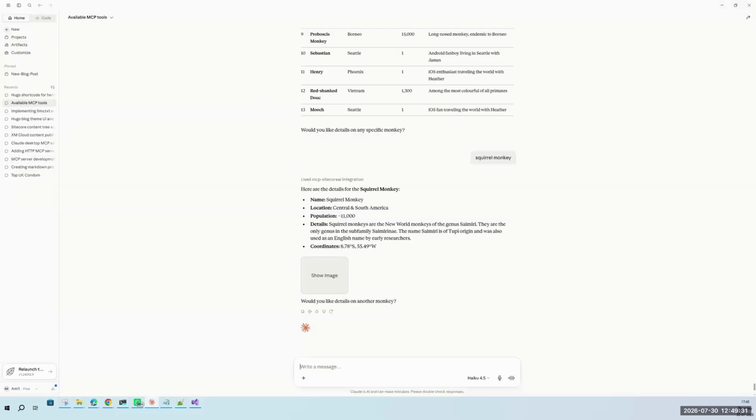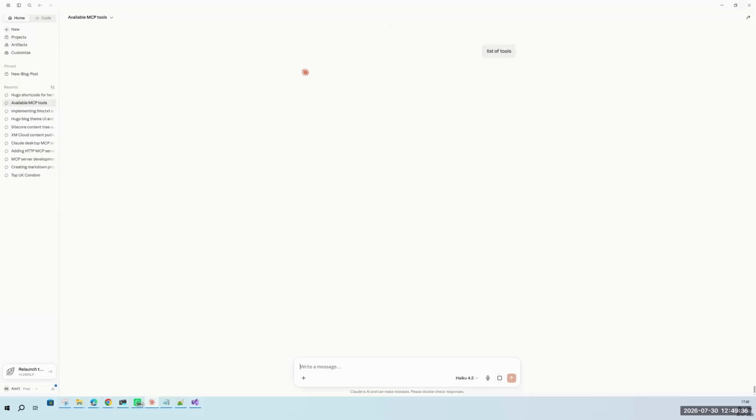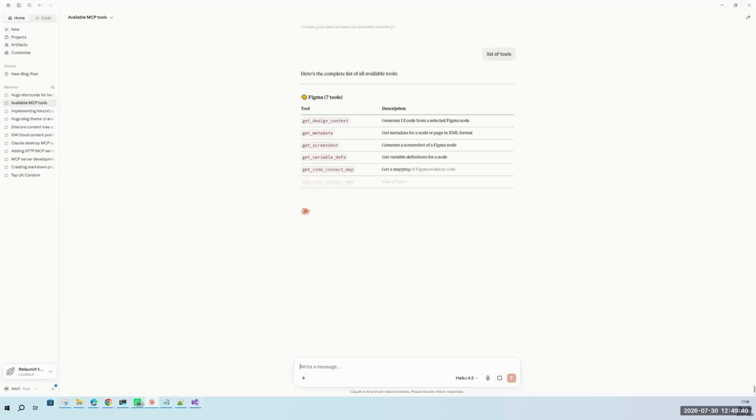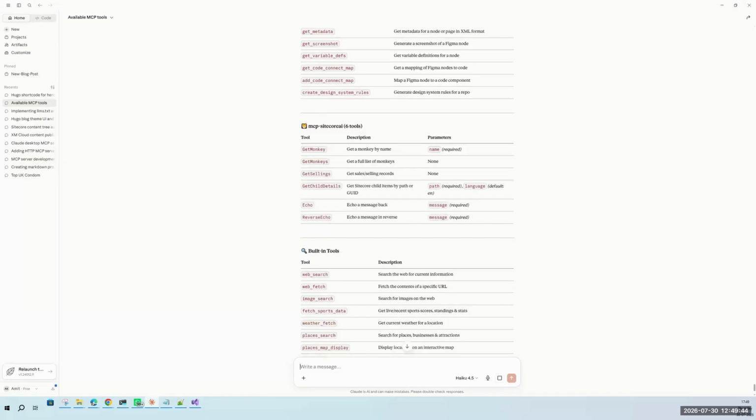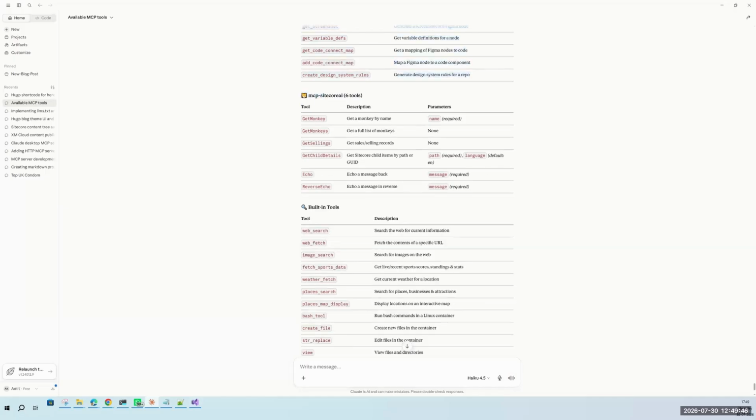Suppose I say "list of tools", what will happen? It will give me the list of tools which have been added into my Claude Desktop. These are the external tools which I am using, this Figma, and these are my MCP tools. I was keep telling about discovery of the method, right? If you see here, get a monkey by name, get a full list of monkeys. How is this data coming?